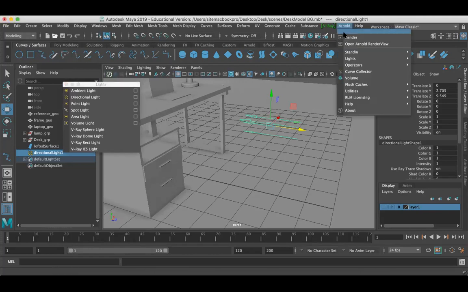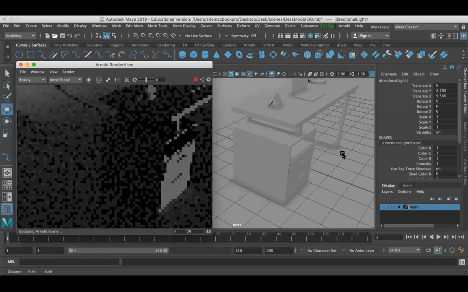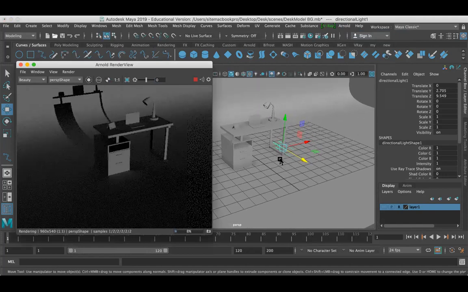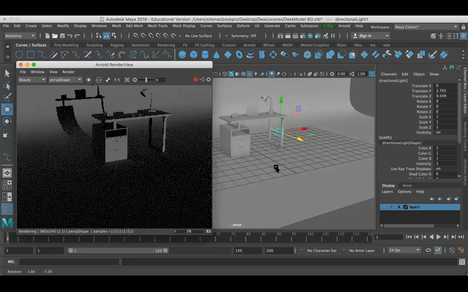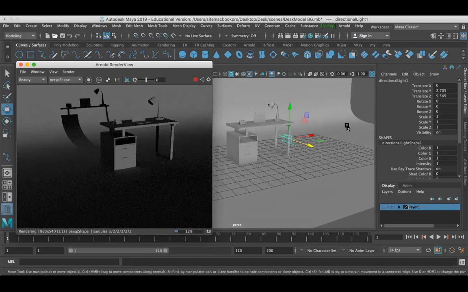Now I'm just going to go to Arnold and hit render. And now you can find my light is visible, my scene is visible here, right? So here you can see I have created a plane, something a little bit curved. That's why you have this curved shadow, but that doesn't matter. I'm just going to explain the properties of the light.